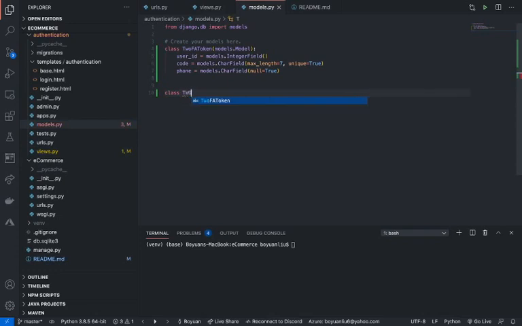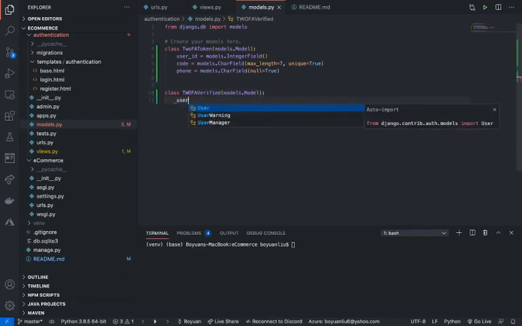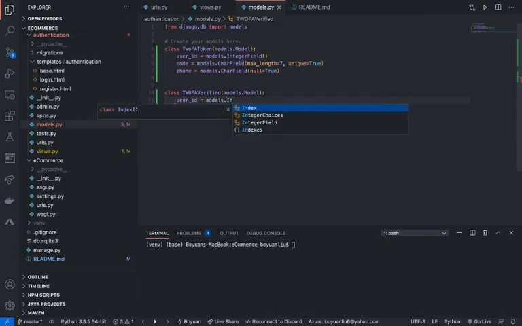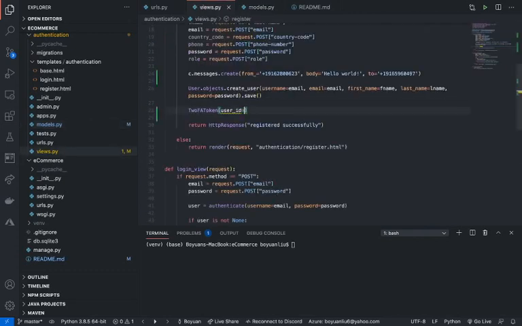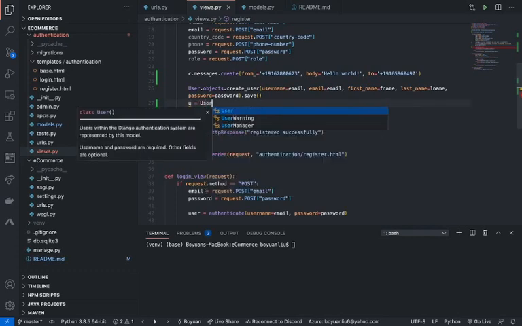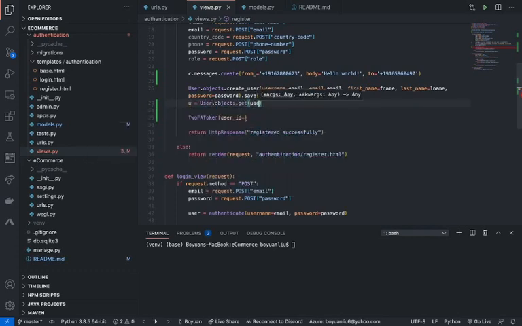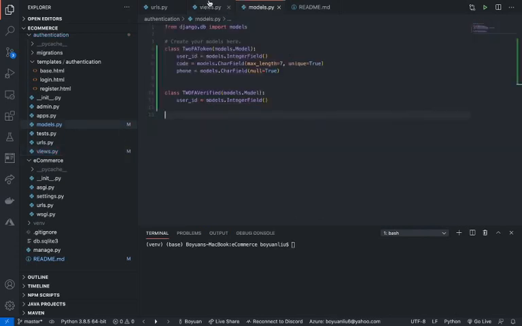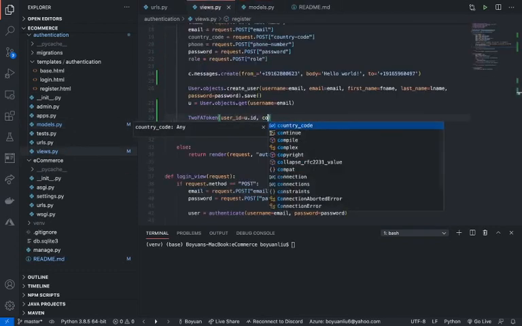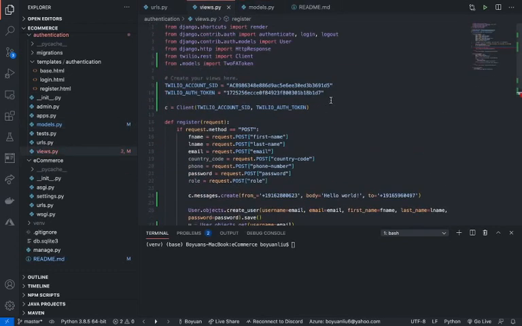So here I'm going to say 2FA verified, and in here we just need user ID. All right. So then here I'm going to say user ID is equal to u.id. We can select the user first. Then we can say code equals to. So let me go ahead and